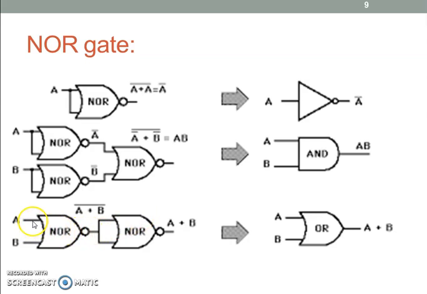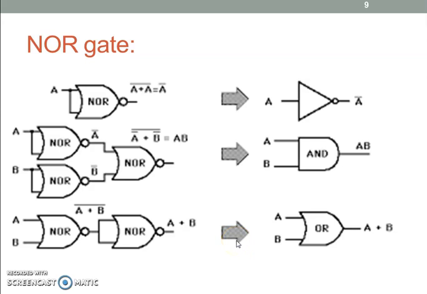Pass two inputs A and B to the NOR gate. You will get an output like A plus B whole bar. Pass this output twice as an input to the second NOR gate. You will get the output like A plus B. Compare the input with the output now. If A and B are the two inputs for the NOR gates, you will get A plus B as an output. In that case, it acts like an OR gate. By using the NOR gate, it is possible to construct these types of basic gates.